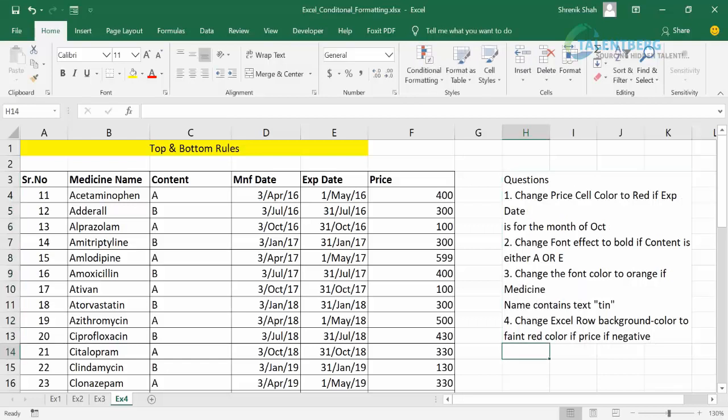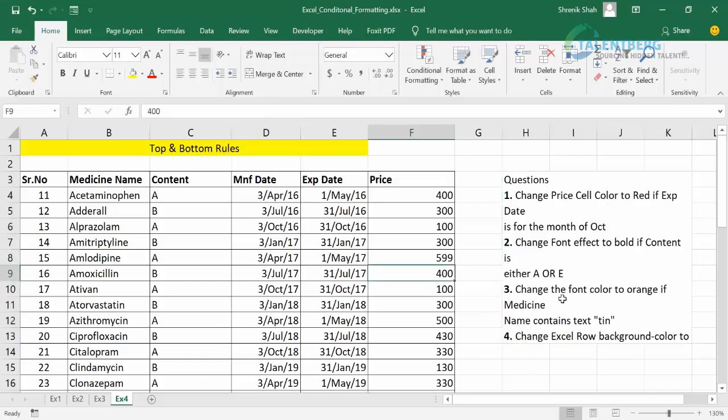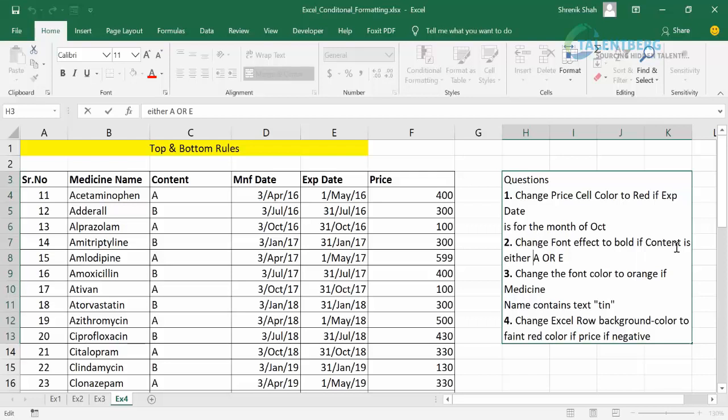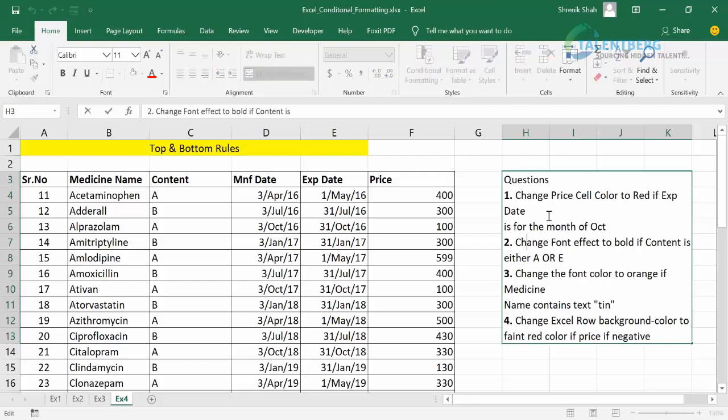Okay, so we given some questions here and we are going to solve. So one by one we'll see how to solve these questions. Okay, so first we are going to solve the question 1. After that we go for other questions.